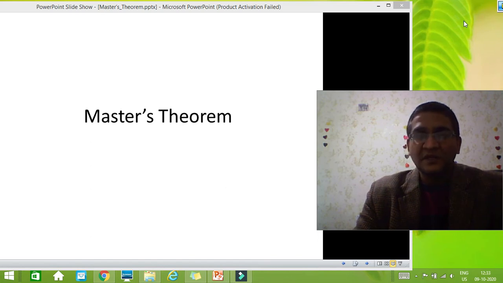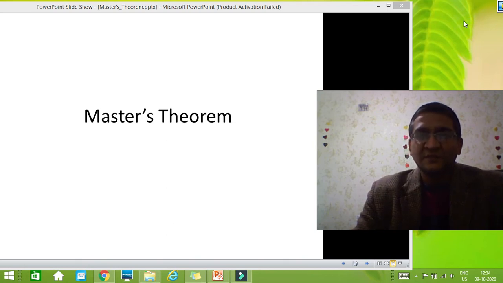Normally in the case of analysis, we have a large size problem, and then we keep on dividing the size so that the size can be reduced to one. The divide and conquer approach says that if you have a big problem, you divide it into smaller subproblems, and you keep on dividing until your subproblems become of a size which can be easily solved. Like in merge sort, you keep dividing your bigger array into smaller sizes until it becomes of size 1.